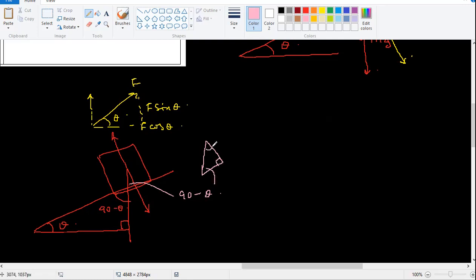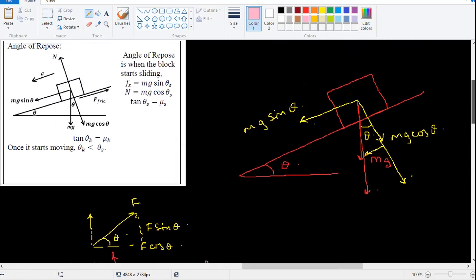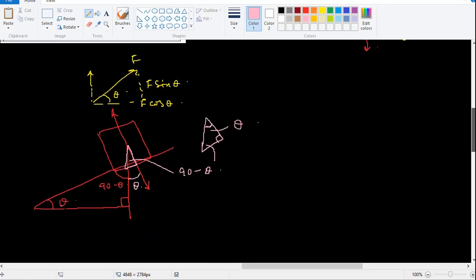So what can you say about this angle? Anybody? Theta, sir. Theta, that's all. So whenever you see an inclined plane, immediately say that if this is theta, this is also theta. That's all. So you understood, take down this trigonometry once. Whenever you see a theta here, you should say this is also theta, the angle between the vertical and this normal reaction. Take it down quickly.